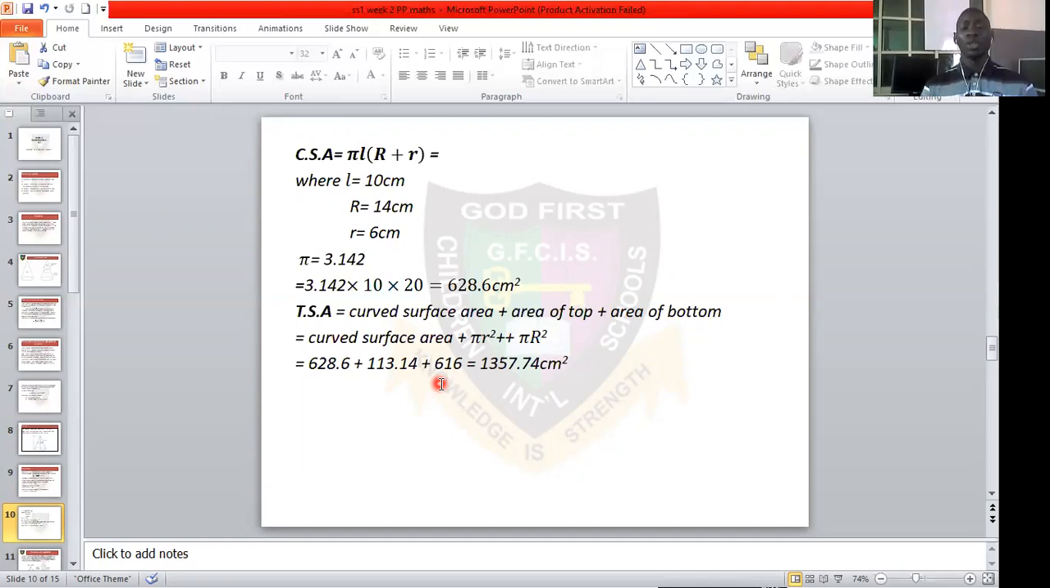So this is how to calculate the curved surface area and total surface area of the frustum of a cone. You can also calculate the volume using the formula provided. So next we go to